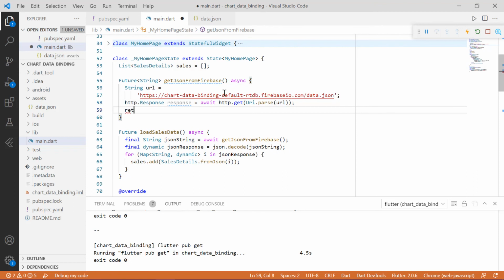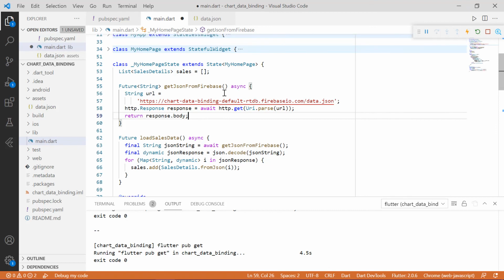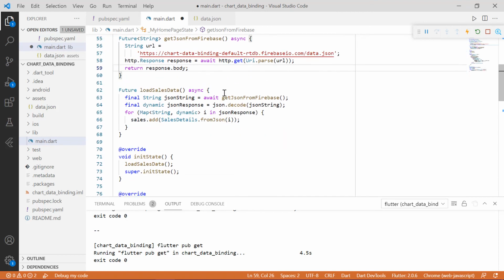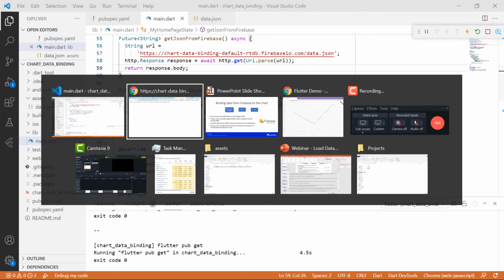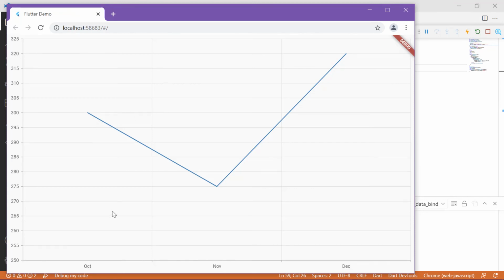Finally, return the response.body. As we have made the required changes, let's save and check the output. You can see that the chart got rendered with the data which we have specified in the Firebase database.